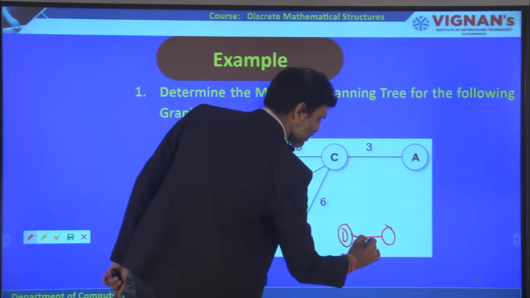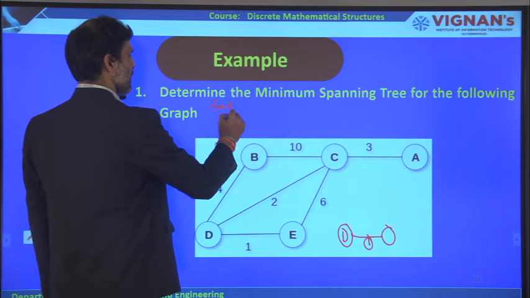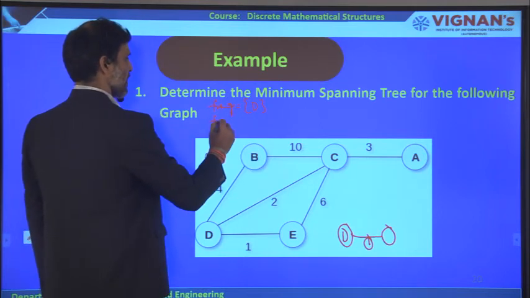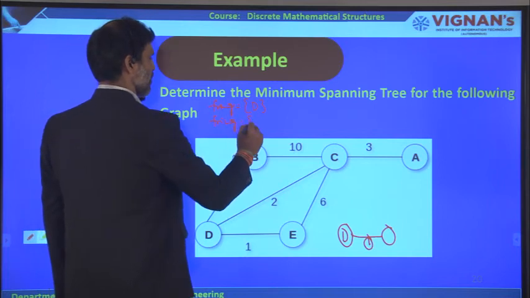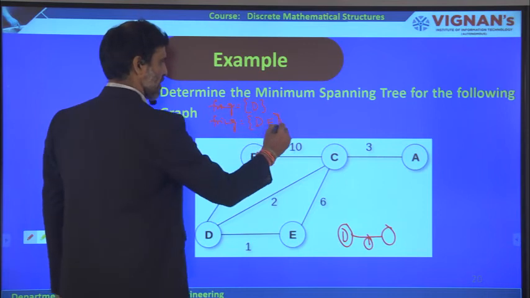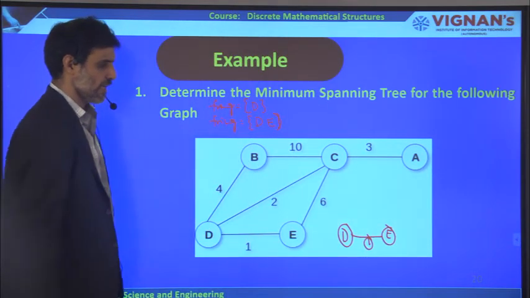So now you have to take this. Initially your fringe consists of what? We started with what? Vertex D. Now after taking the minimum edge, your fringe consists of D and what? E. Now like this you are going to get D and E. This is how you can get D and E.